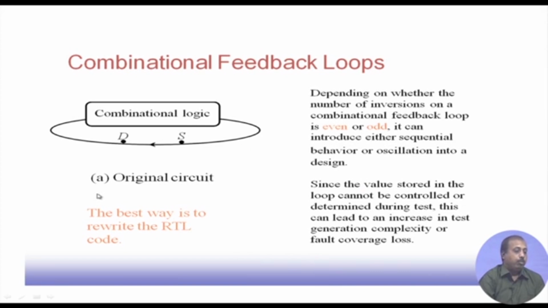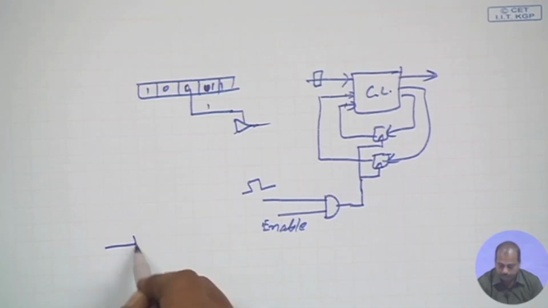Then there may be a combinational feedback loop. So, here what has happened is that I have got this combinational logic, and its output is again feeding the input. So, that way there may be some combinational feedback loop. Depending on whether the number of inversions on a combinational feedback loop is even or odd, it can introduce either sequential behavior or oscillation into the design. So, you can count the number of inverters. Naturally, if I have got a situation like this,